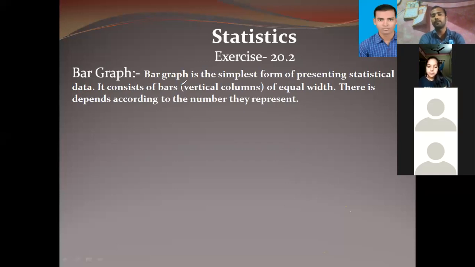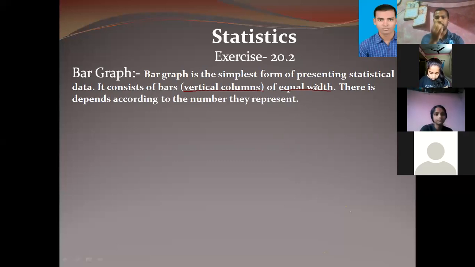When collected data is presented in the simplest form, that means it consists of bars, vertical columns of equal width, keeping equal width between them, such a representation of statistical data is known as